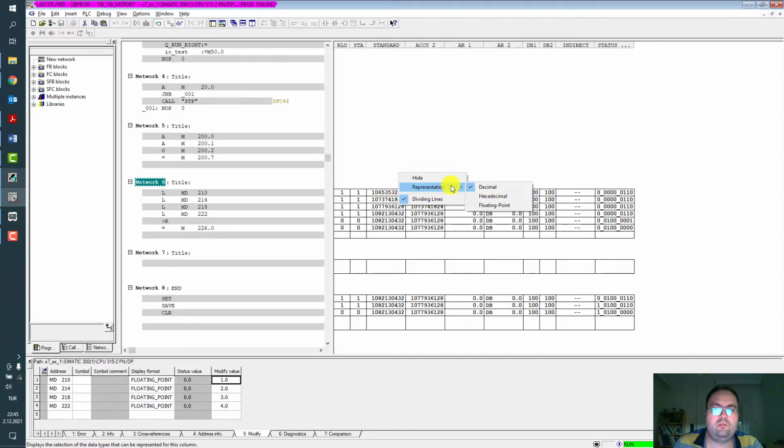I have to change the representation floating point like this.